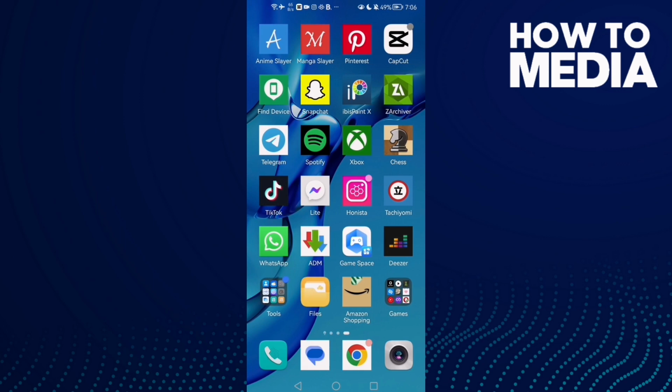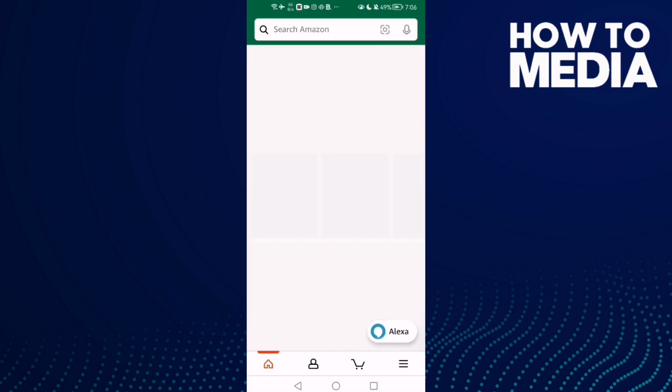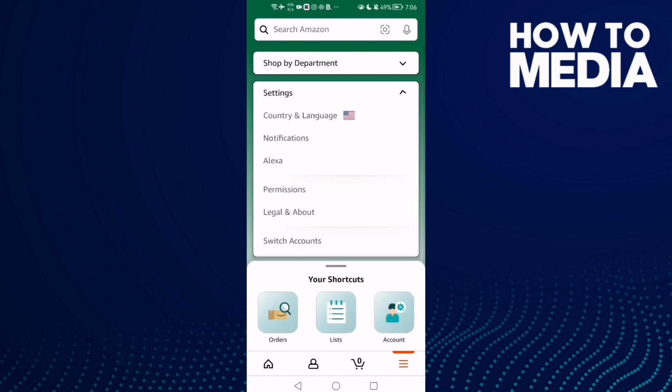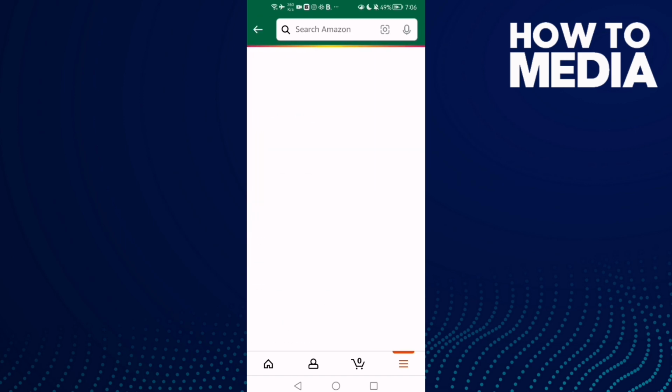First open Amazon Shopping and then click these three lines here, and here we'll find settings. Click on it and here we'll find permission. Now just wait a few seconds, and then